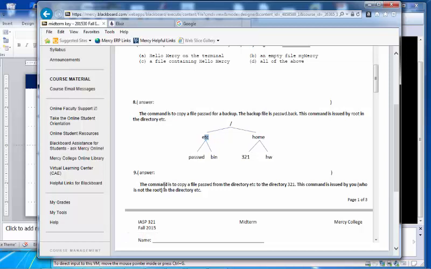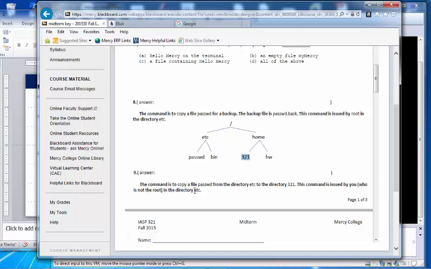Question number 9. The command is to copy the file passwd from the directory etc to the directory 321. So now we want to copy this and save it in 321, that is the directory. This command is issued by you, who are not the root. So what I originally asked you to do is, because you are not the root, you have to use sudo, right?